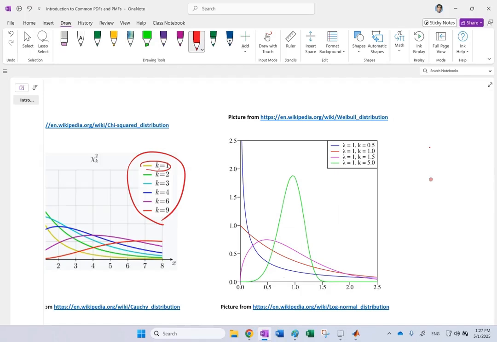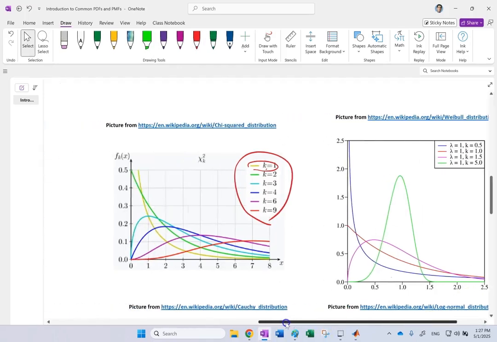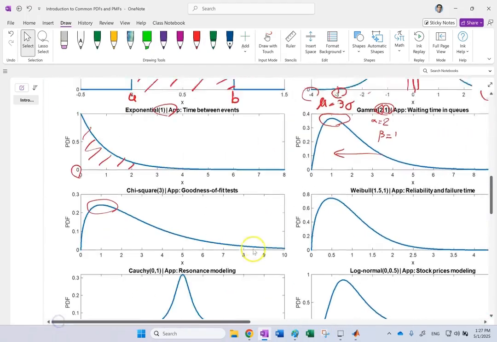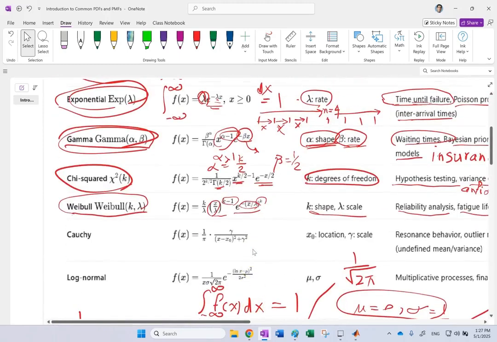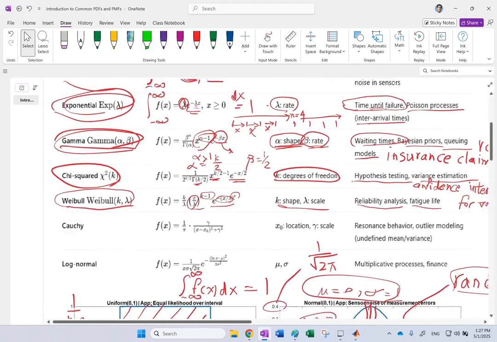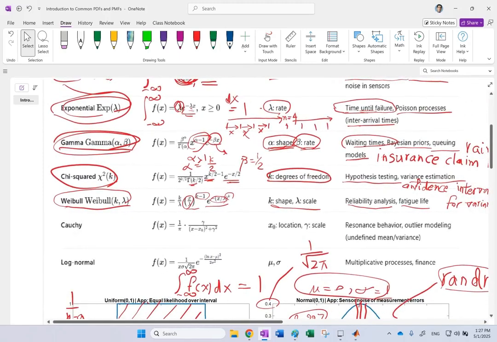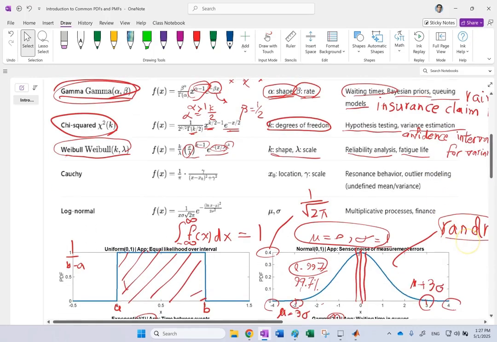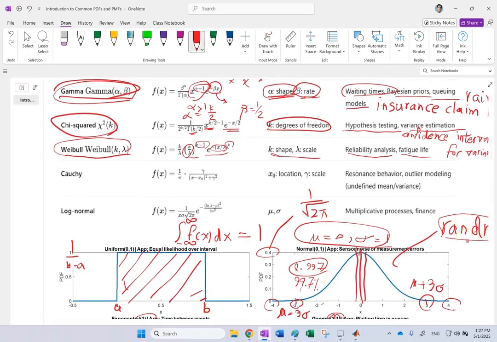So anyways, this is your Weibull distribution with 2 parameters, lambda and k. Okay, very similar to the 2 other ones, but of course, different applications. As I said, it needs a video of its own to talk about how you use it for reliability and fatigue. The last 2 functions in the continuous that we want to talk about,